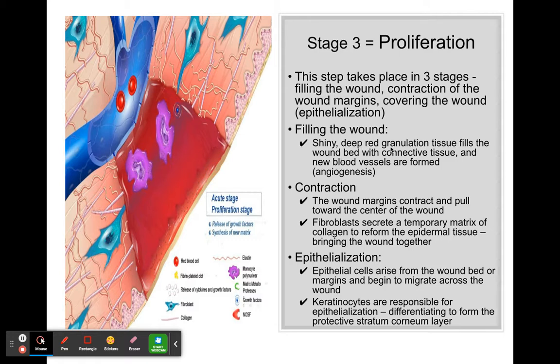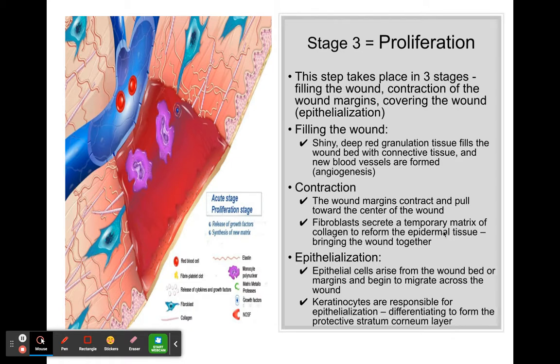Shiny granulation tissue. It's just a type of tissue. It fills the wound bed with connective tissue, and new blood vessels are formed. Second, it's called contraction. So the wound margins, which means the outer edges of the wound, contract, and they pull toward the center of the wound. So it tries to connect the ripped, essentially the punctured parts of your skin together. What happens at that same time is as the edges of your wound get closer together,